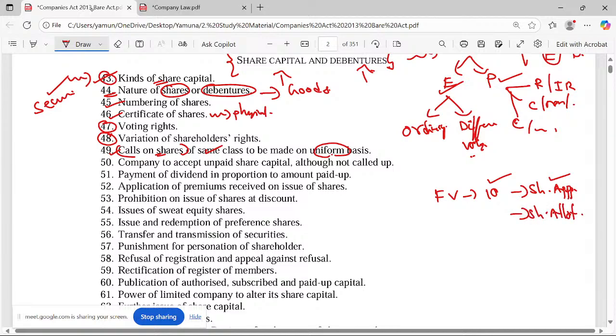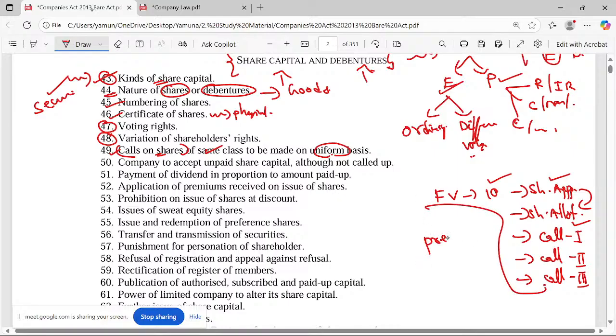After allotment only, see, we have done with chapter number 3. Only after allotment, the share comes into existence. So the share will be allotted, and after this it will be moved to share capital. Then we may have call one on shares, first call, then a second call, or a third call. In addition, on the company account side, we'll be talking about premium, shares on premium. So if you are making any call on shares, if it is of the same class,